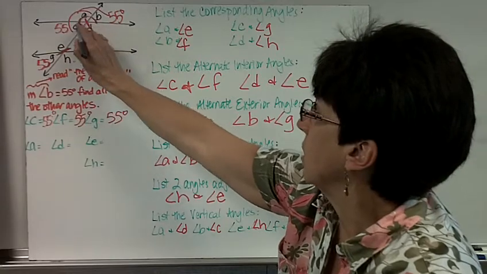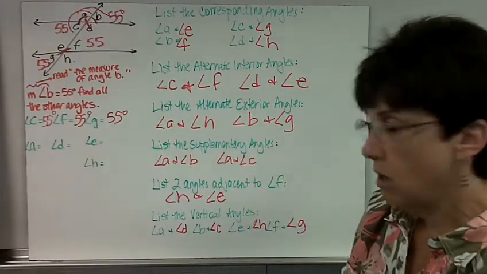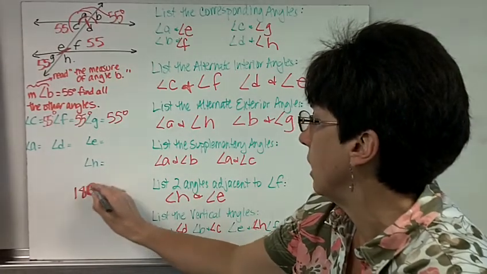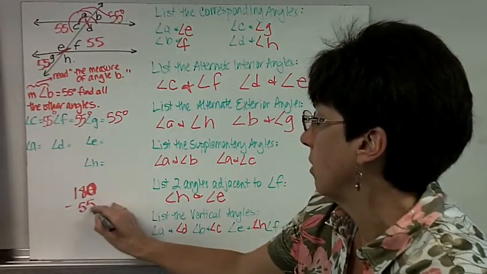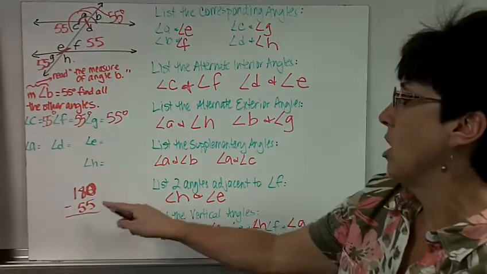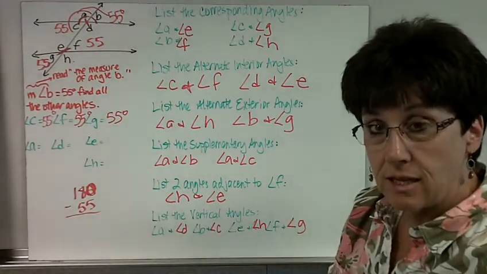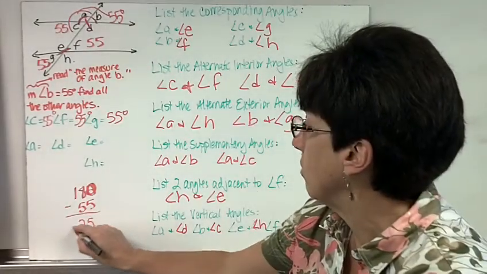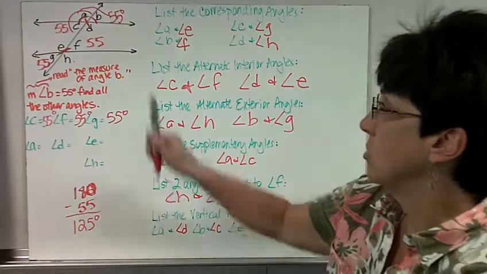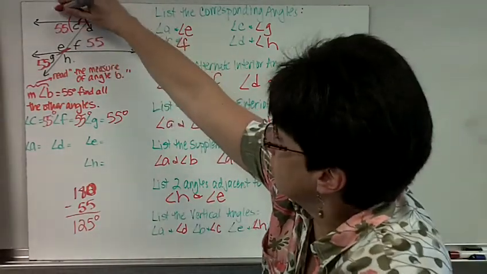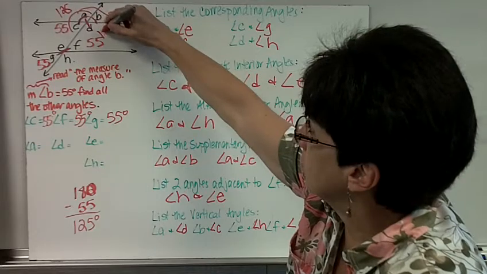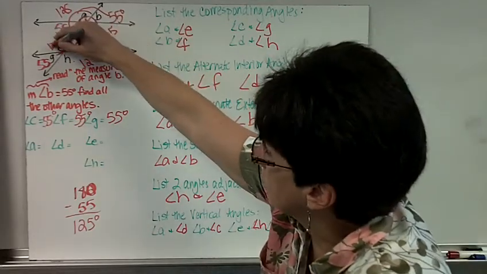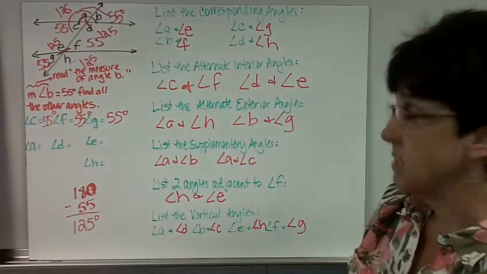Now if I want to find angle A, I know that those two make a straight line. So I need to say 180 minus 55. Started going too fast, huh? Okay, well 55 plus 5 is 60, and 60 to 180 is 120, so that would be 125 degrees. So that means angle A is 125, D is 125, H is 125, and E is 125, because